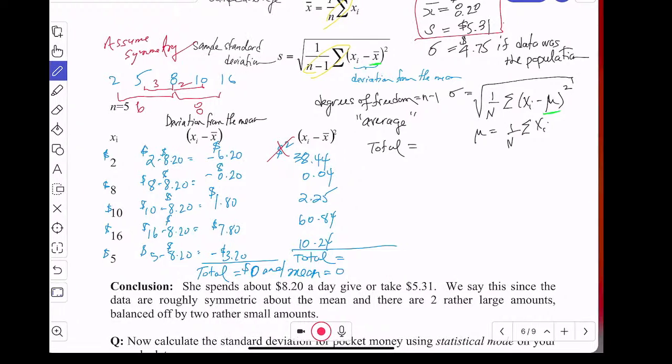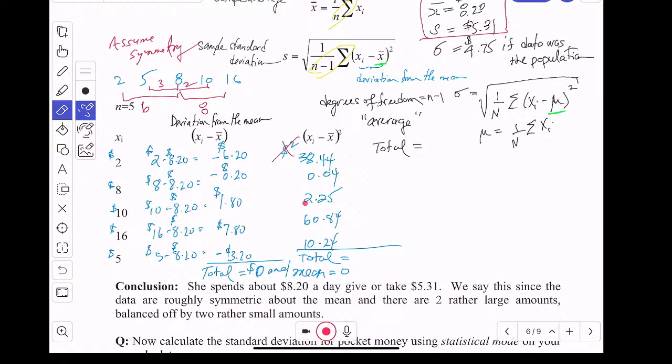I think this is a mistake here. 1.8 squared is 3.24. Sorry about that. Okay, so then to add them together,